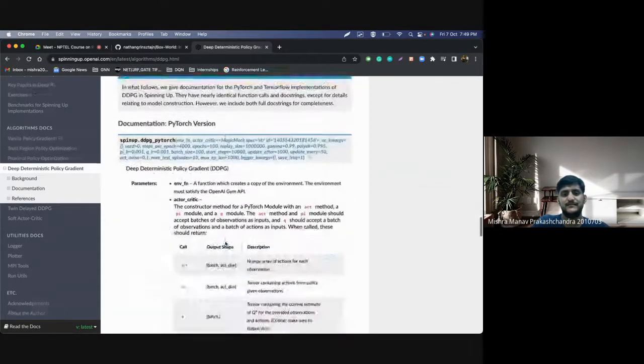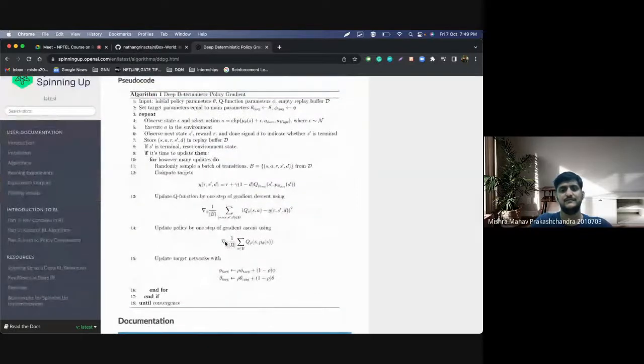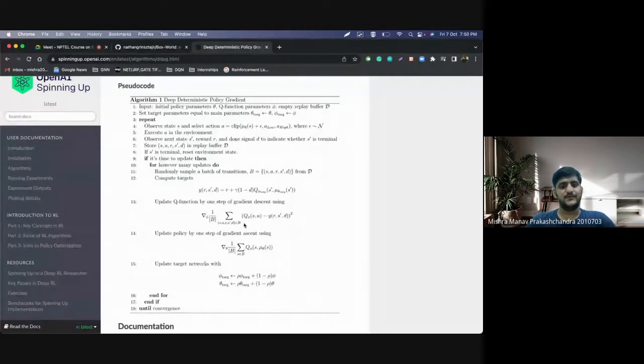There are certain problems where DDPG outperforms many state of the art actor-critic methods and so on. But that is also very specific to the kind of problems or the type of games that you're subjecting the agent to, right? So this is the pseudo code for the algorithm for the deep deterministic policy gradient.